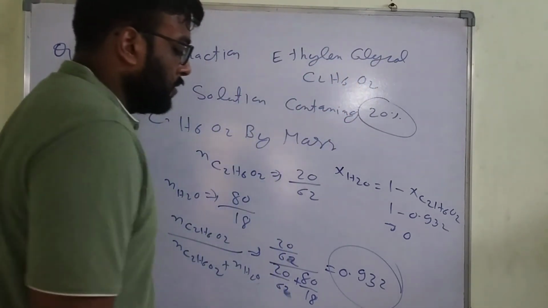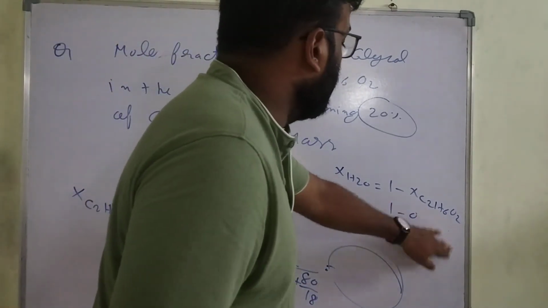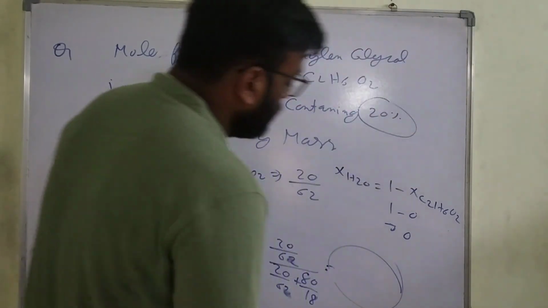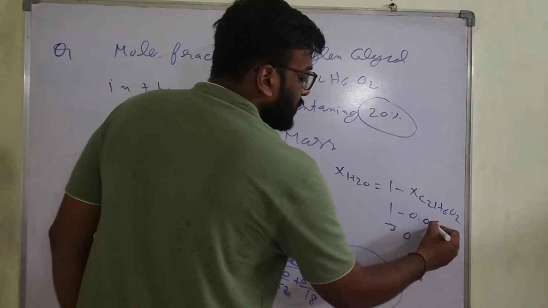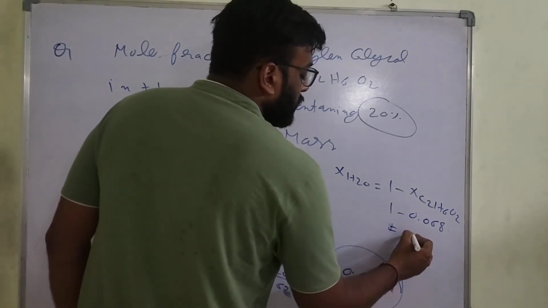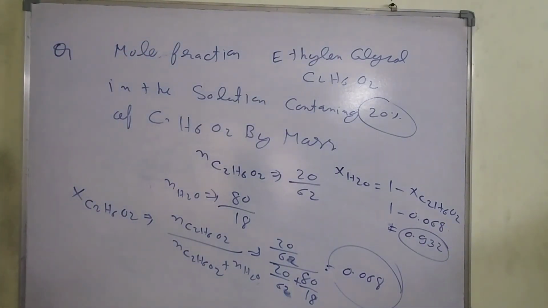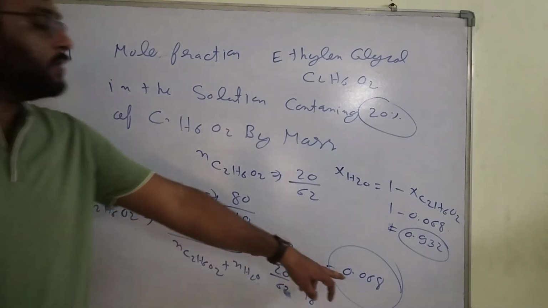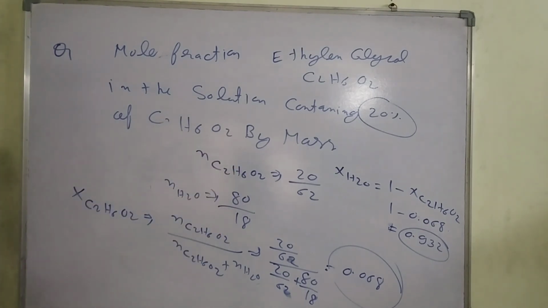Okay, sorry. One thing is that you will solve this and find the value. 0.068, so 1 minus 0.932 gives 0.068, and the other value 0.93 comes out from here. Are you getting my point? Correction over here: 0.068 and 0.93. What is the mole fraction? Given moles upon total moles. Here is the example. Just do your textbook in-text questions and examples regarding this chapter. Thank you. All the best, students.